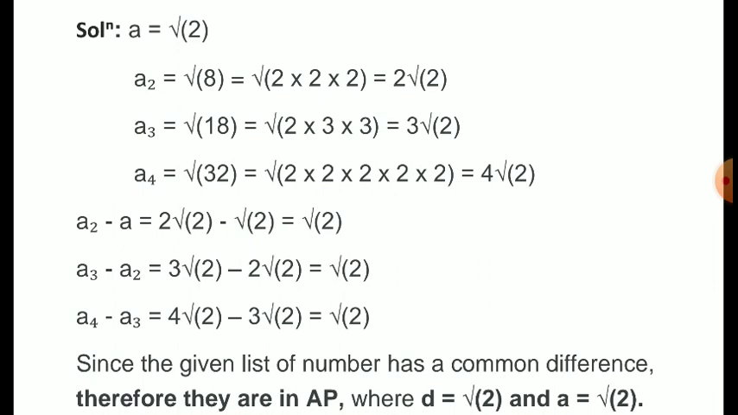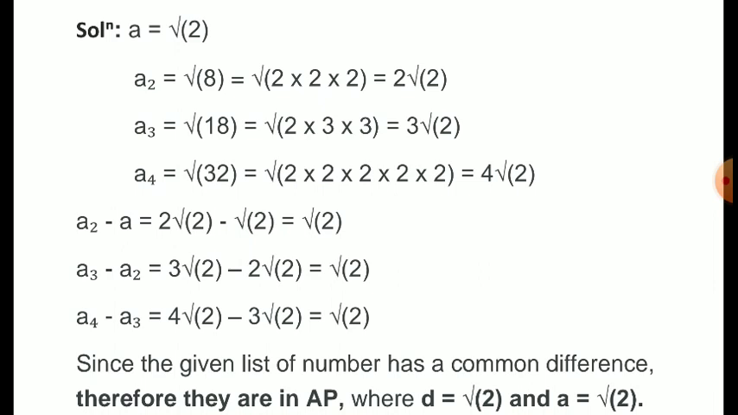And the difference between the fourth term and the third term, that is a4 minus a3. If you put in the values you found in the mixed radical form, 4 root 2 minus 3 root 2, then it comes to root 2. So here you see the differences between the consecutive numbers are the same. That means the numbers have a common difference. So since the given list of numbers has a common difference,